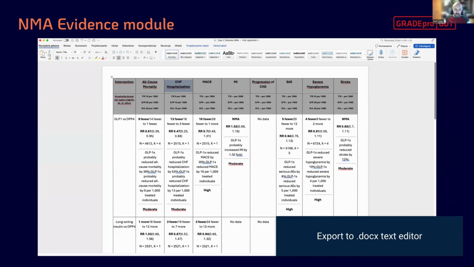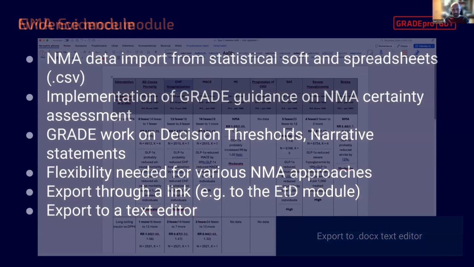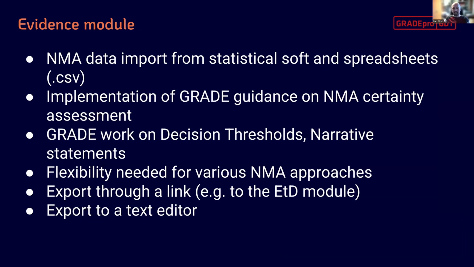Something we were a bit hesitant about, especially since this is a digital product and NMA is a table that theoretically has unlimited width, right? But a lot of groups were asking for that, also because journals require a paper version of the evidence. So we are in the final steps of adding export to a text editor. That's more or less how it looks now. It gave us a bit of problems, but we are solving them one by one, and this is almost ready. So it will be soon added to the functionality. So this is a short summary of things that we did,